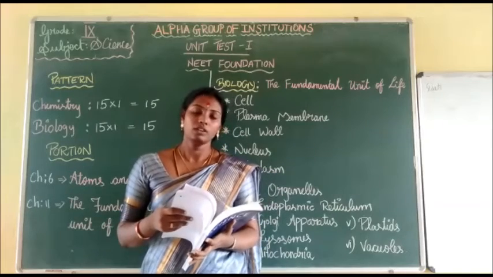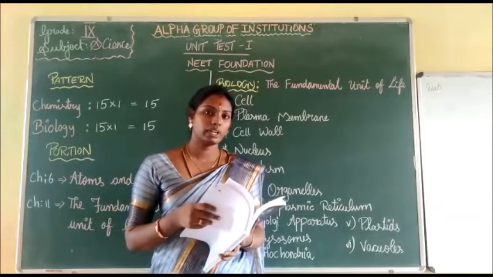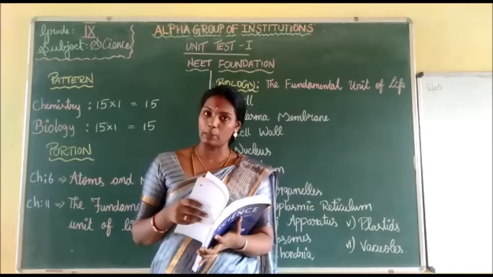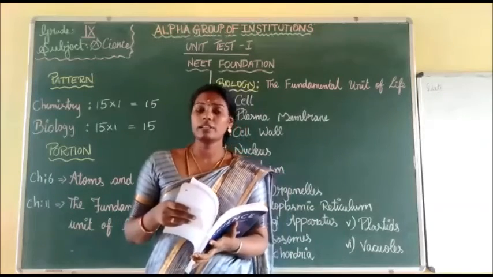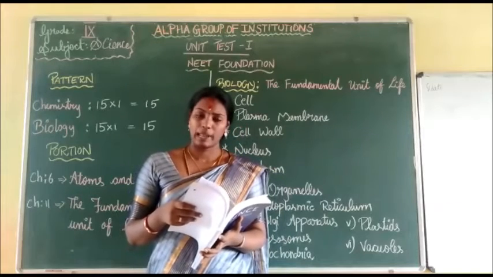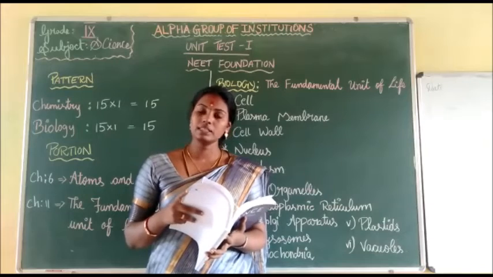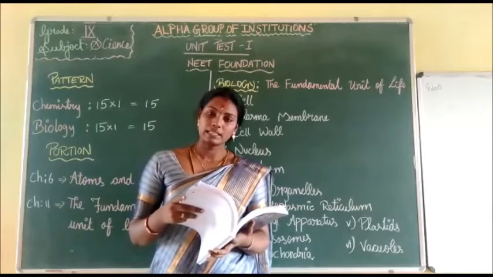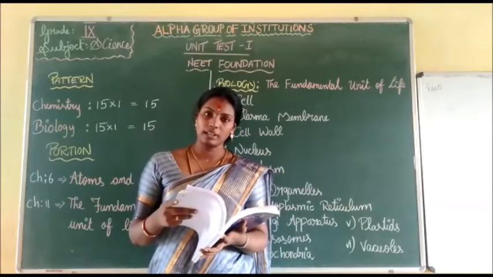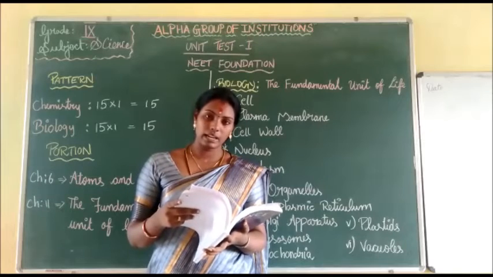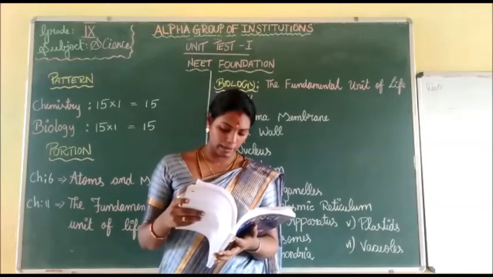Camillo Golgi discovered the cell organelle, so he named it the Golgi apparatus. Dash is known as the powerhouse of the cell. Which cell organelle is considered the powerhouse of the cell? Plastids, vacuoles, lysosomes or mitochondria? Yes, it is mitochondria. Plastids have their own dash and dash. DNA and protein, lipids and protein, DNA and ribosome, lipids and ribosome. Yes, that is DNA and ribosome.